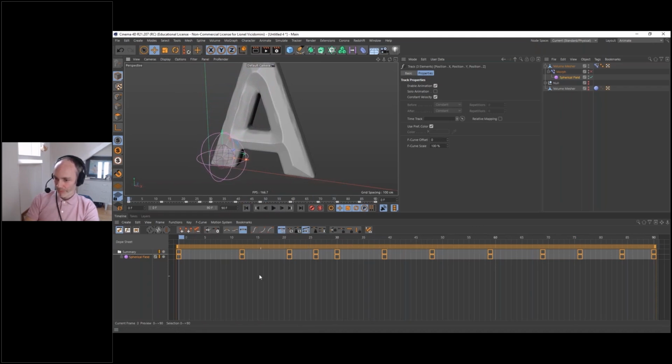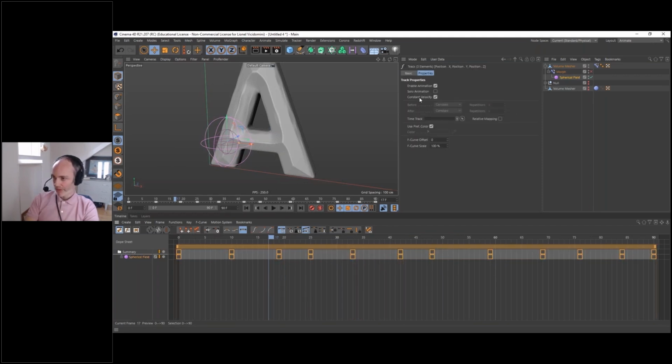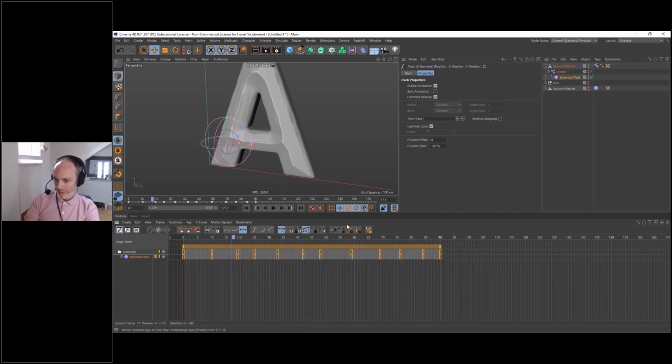So here I can move my keyframes. It doesn't have any effect on the speed. That's a bit strange also to do that, but it works because of that switch of the spherical field on the constant velocity. So I'll just increase the timing to 175 frames, for example. And now I can just take everything here and increase the time.